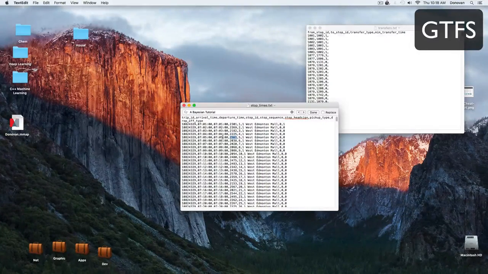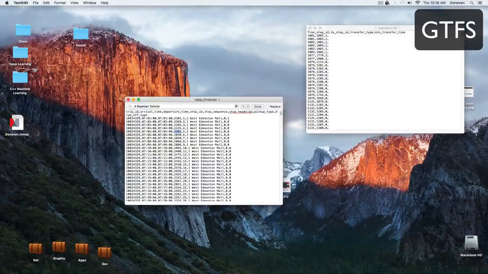So one can make the presumption that 30 seconds after this time, so 7:04 and 30 seconds, it's halfway between here and here. So if we know the latitude and longitude of this, which we do, and of this, we can make an assumption that the bus is in between these two stops. And while the assumption is potentially incorrect, it's better than nothing,